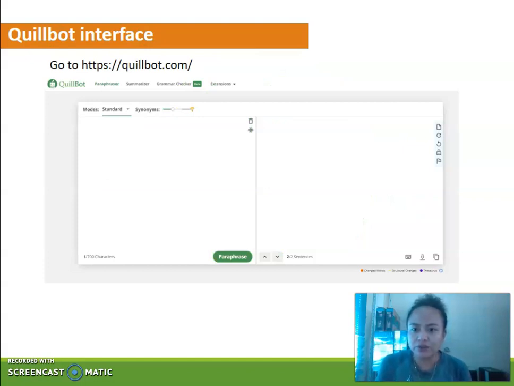To access Quillbot, we can access it via Google or type directly in our URL, quillbot.com. So we can see this interface. We have this left panel and the right panel. In the left panel, we type or paste our sentences, and then we see on top of the interface, we have paraphraser, summarizer, grammar checker, and our extensions. So let's go first to